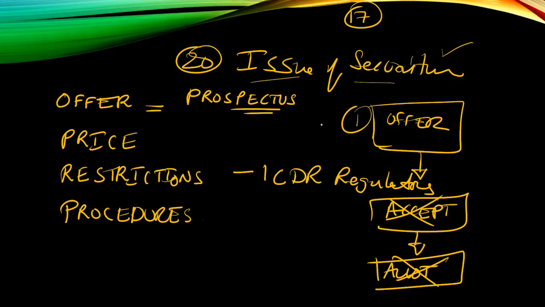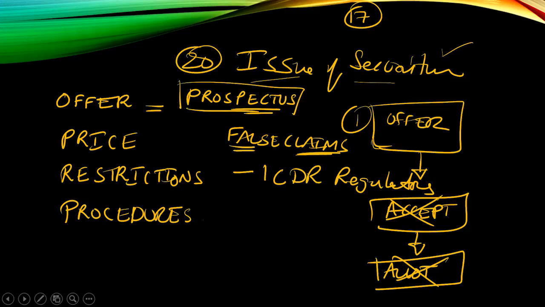So there are so many rules relating to the offer, because you cannot make false claims. You cannot say our company will grow 10 times in 2 years. All those false claims are not allowed. So your prospectus is very, very important, and you should make sure everything is proper. Along with that, newly they have added SME exchanges.